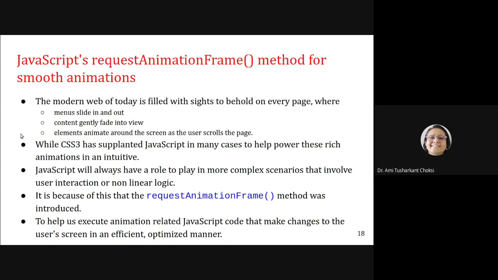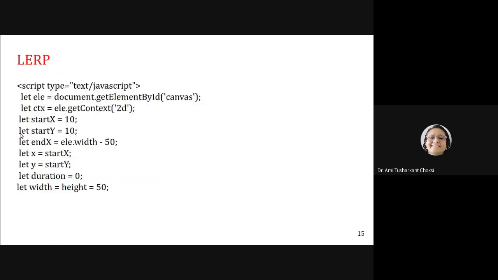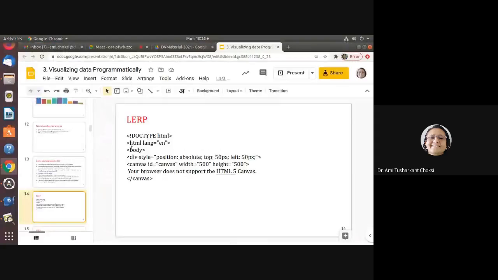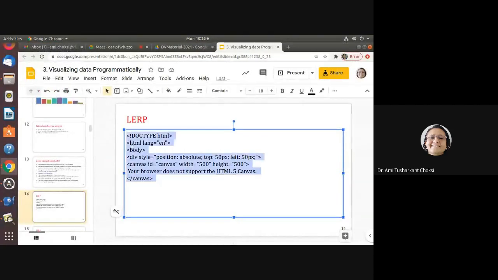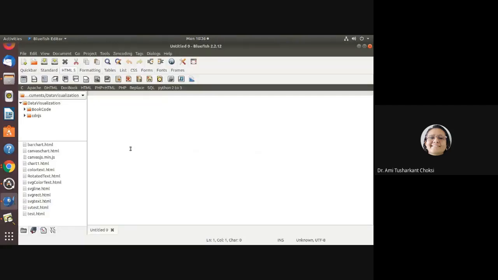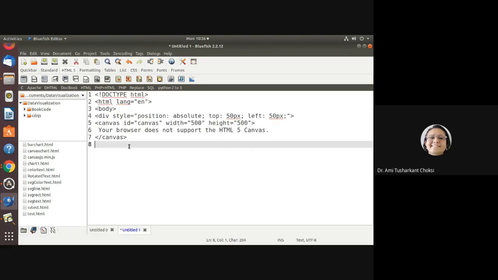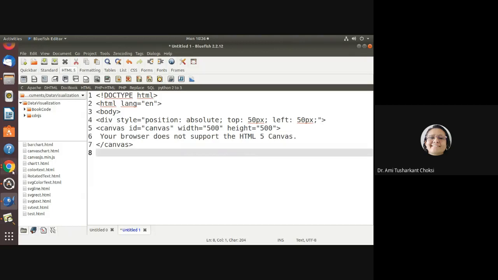So let's copy this code and we can say let's run this, right? So I'm copying in front of you only, right? We are using the Bluefish editor, so let me put it here. This is the doc type which we have already seen, right? What we are learning is linear interpolation, fine?